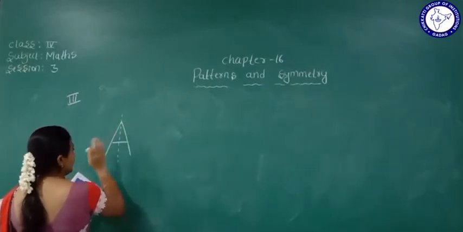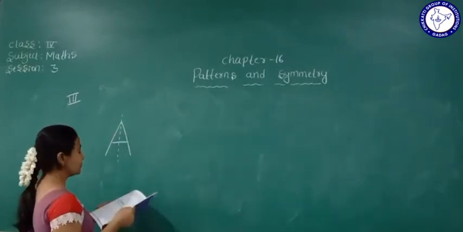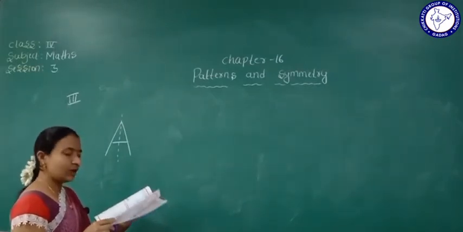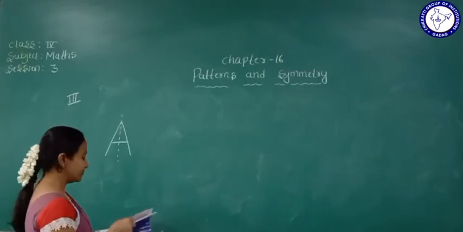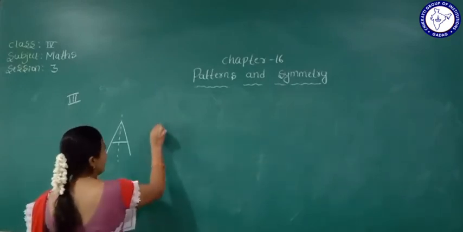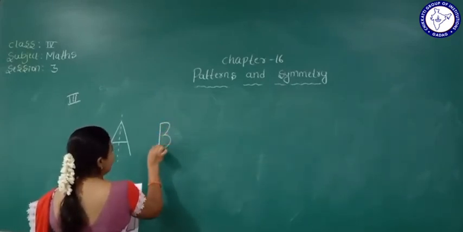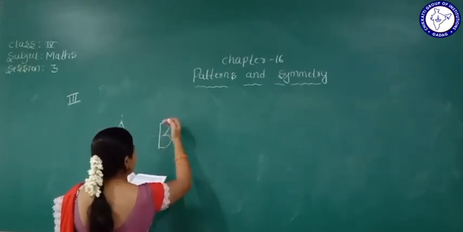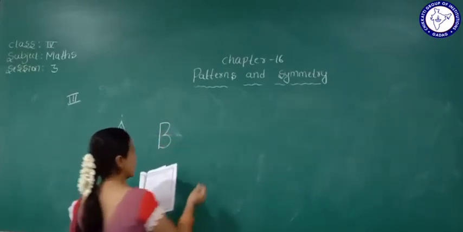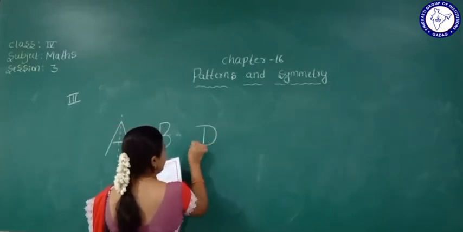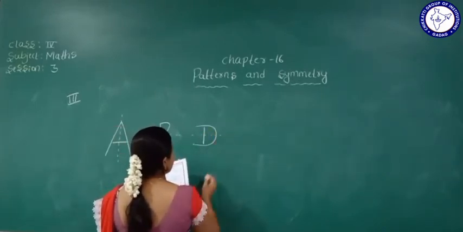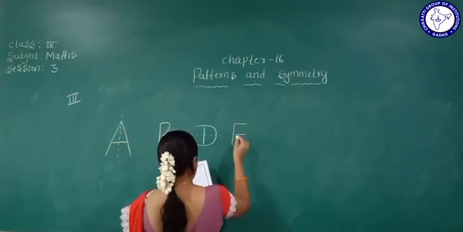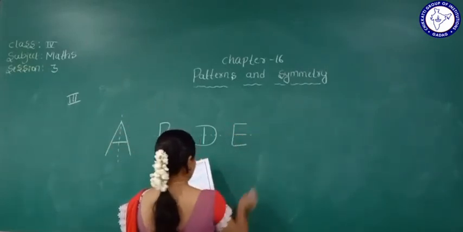So like here A, if I fold A like this, it lies completely one above the other. So this is a symmetry, it means two symmetrical figures. So only one line, that is a dotted line, will be drawn here. Like the same letter B. So here see, this is a symmetry. If we fold this, it lies completely one above the other. Next D, same. Yes, this is a symmetry. And next E, this is a symmetry. Yes.